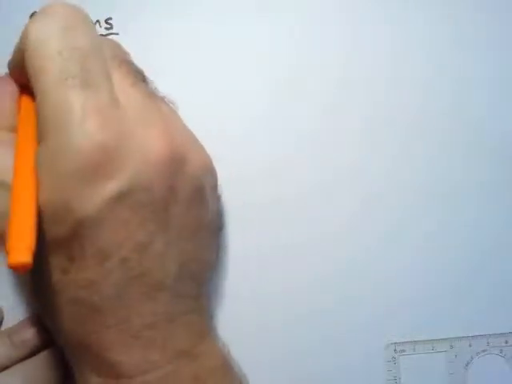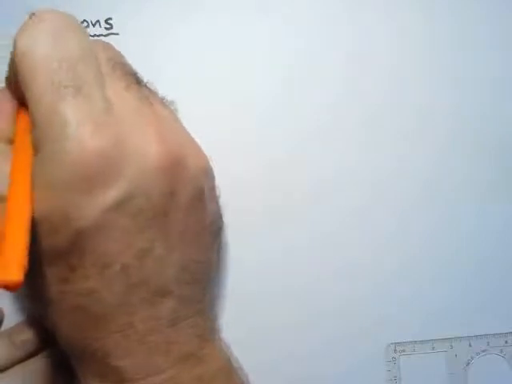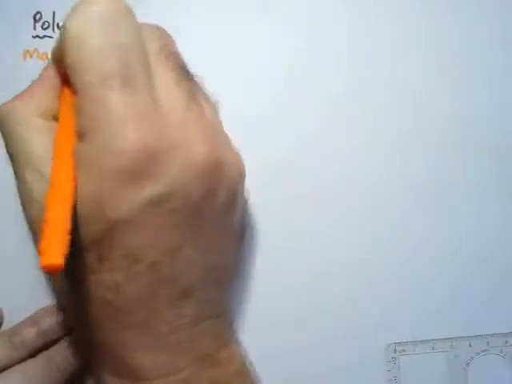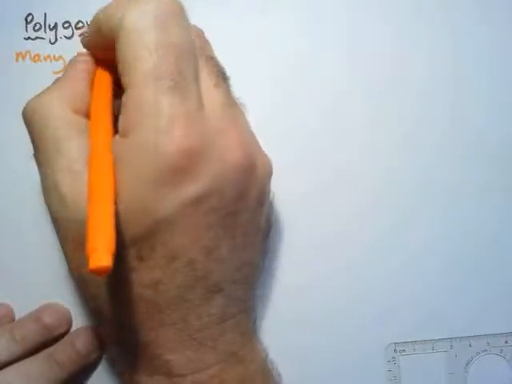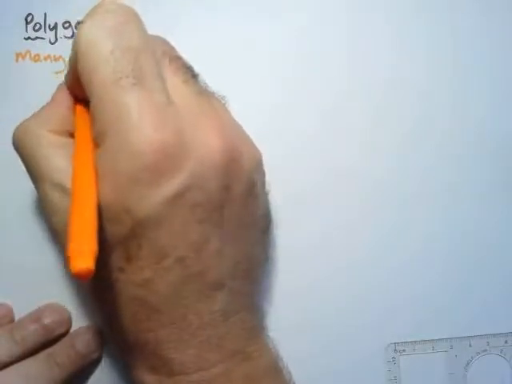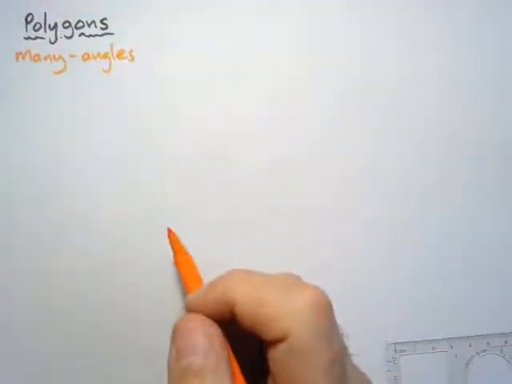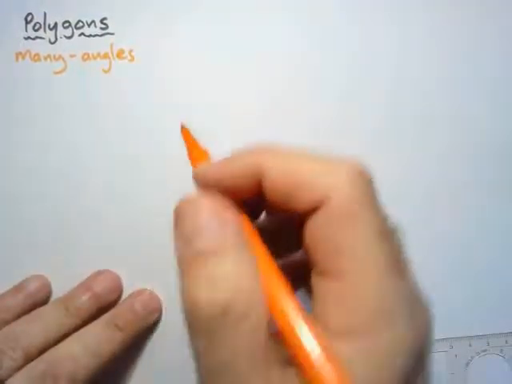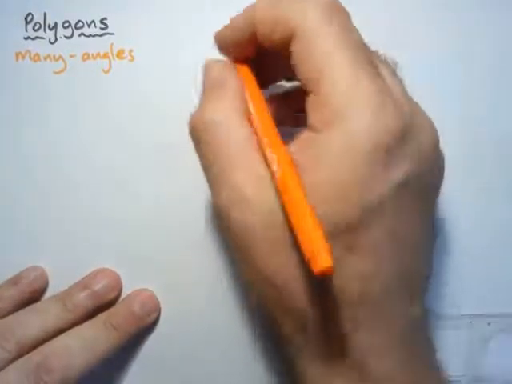Polygons. Polygons come from the Greek word poly, which means many, and gons come from gonia, which means angle. So it's actually many angles. So polygons, many angles. When we look at polygons, again, it can either be convex